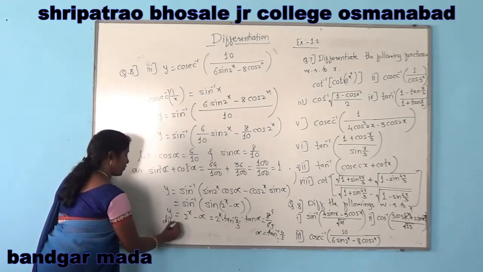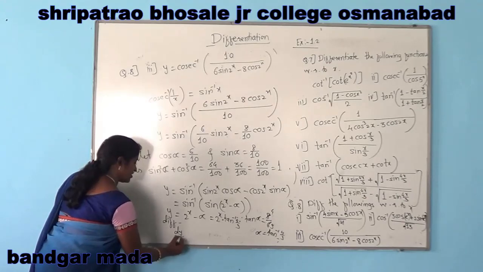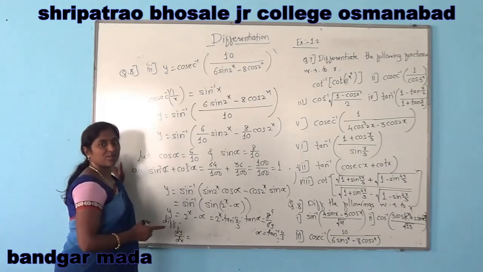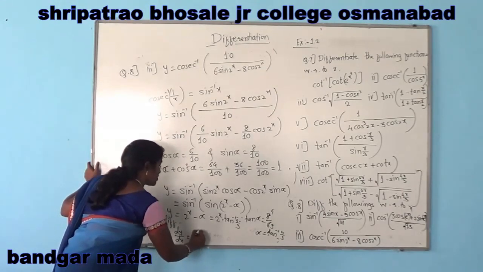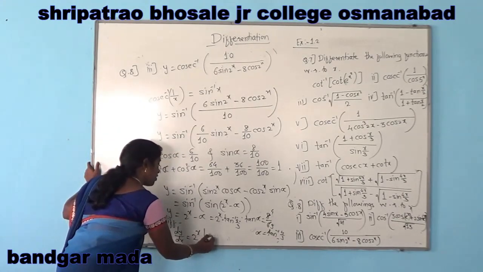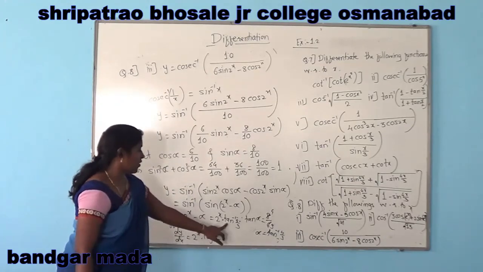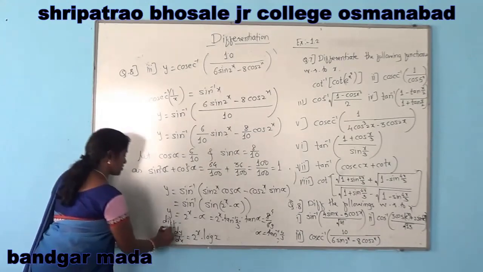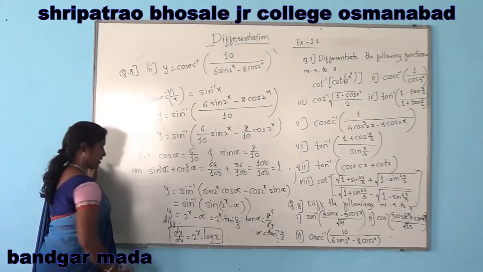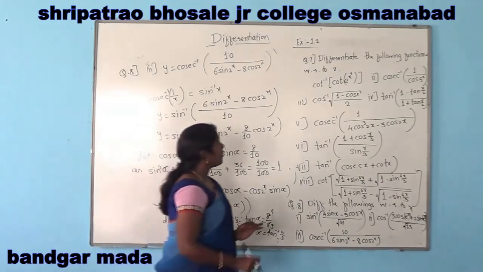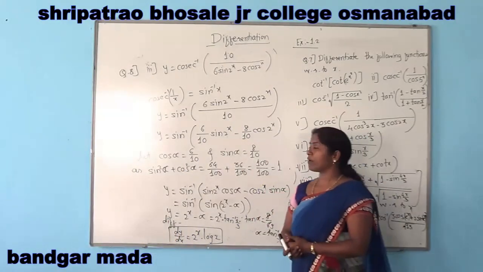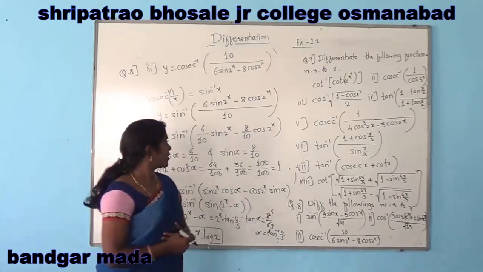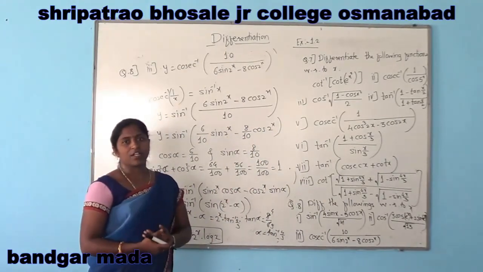So after differentiation, we get dy by dx is equal to the derivative of 2 raised to x. For a raised to x form, the derivative is a raised to x into log a. So the derivative of 2 raised to x is 2 raised to x into log 2. And the derivative of tan inverse 4 by 3, it is a constant, so its derivative is 0, which is our final dy by dx. Now, in the next video, we will solve the next questions, question number 9 and question number